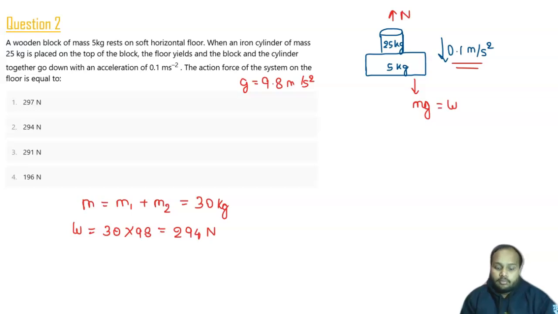Therefore, net force F net, which will be acting, is total mass, that is m, into acceleration. It will be 30 kg into 0.1. This will be equal to 3 Newton. Fine. So now we can write, basically,